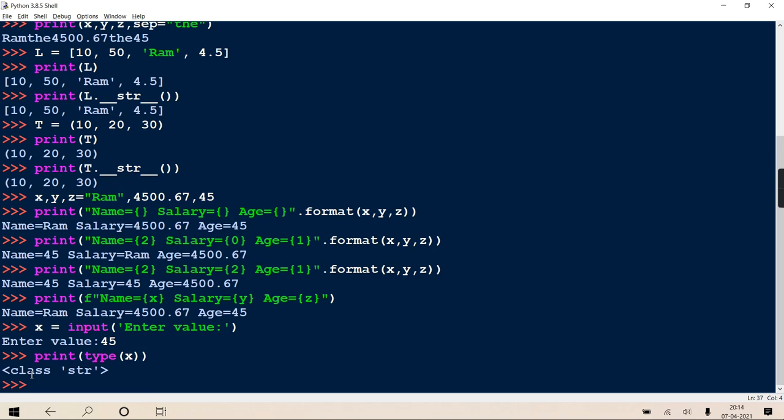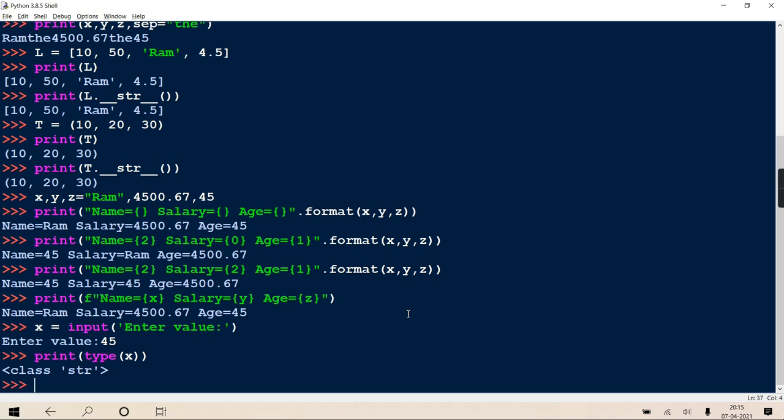When it tells that it is an object of class str, this itself proves that in Python everything is an object. If it's an object, it should belong to some class. This is the uniformity they have achieved: when they designed the language, they did not categorize data types as primitive and non-primitive, which we generally do in C, C++, Java and so on. Here everything is an object, and if it's an object, it belongs to some class. Can you see, though I have entered 45, it is showing class str.